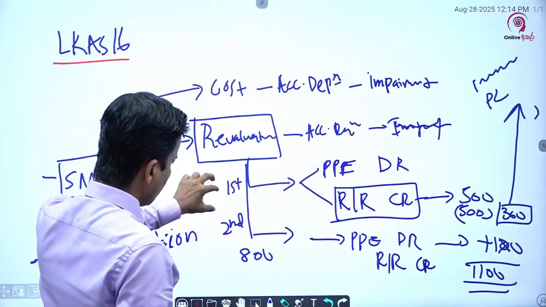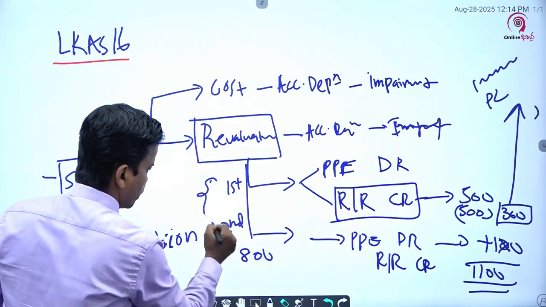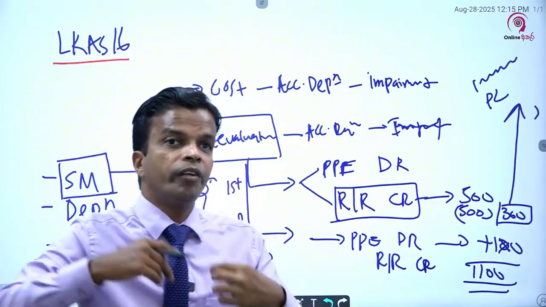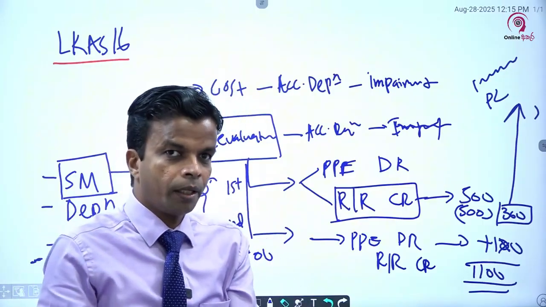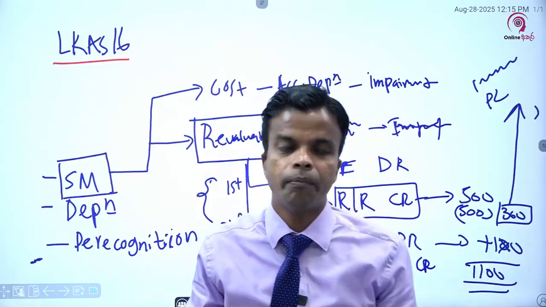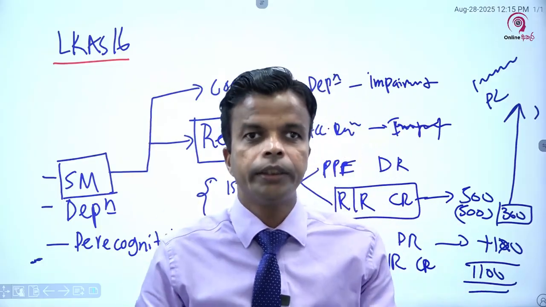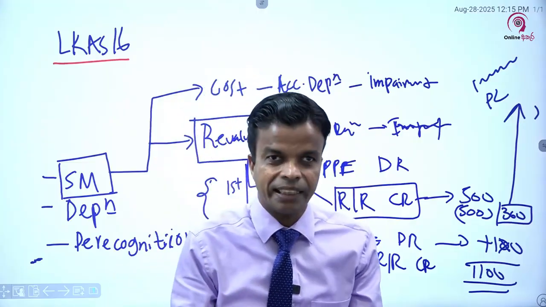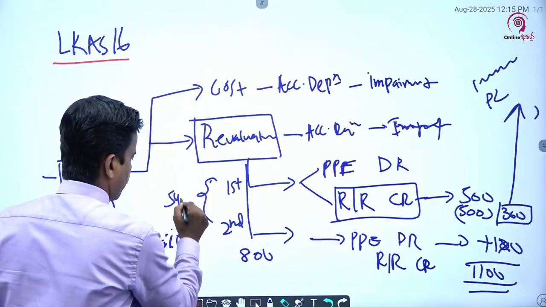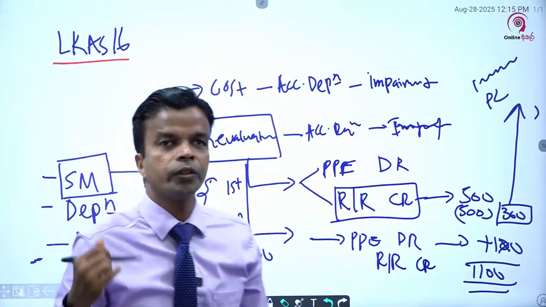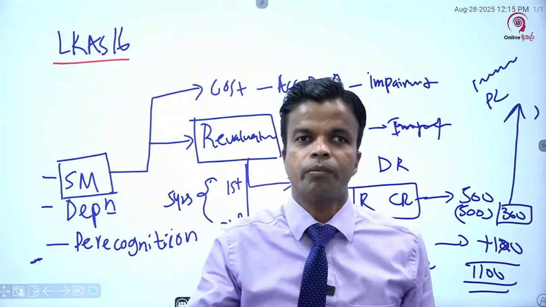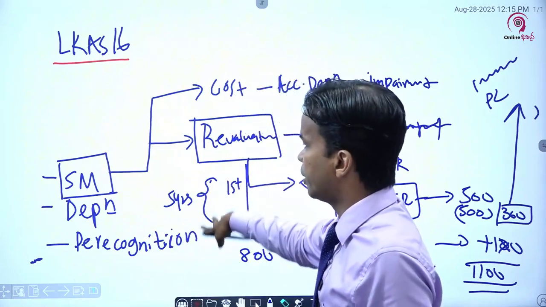And when it comes to frequency, now you have done the first revaluation today, and when would be the next? The standard says normally, if there's no significant change in the market that warrants a change in the values of assets, you can wait up to some 5 years to do the next revaluation of PP&E. When it comes to property, plant and equipment, if you follow the revaluation model, you can have a 5-year break for